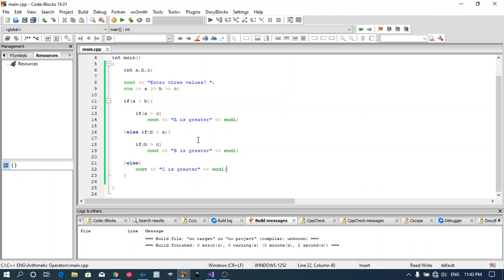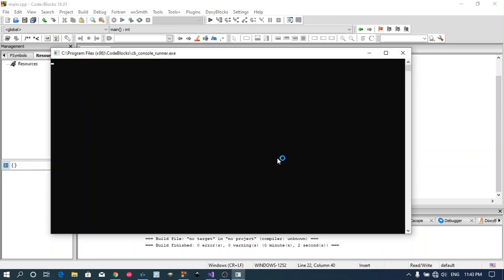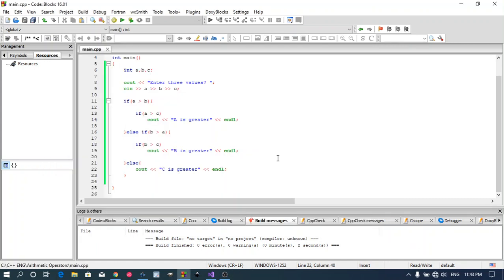Now let's run it and test it. It should prompt us to enter three values. We can write 1 space 2 space 3. Okay, nothing is printed, and why is that? If a is greater than b, and in this case we can say that c is greater,